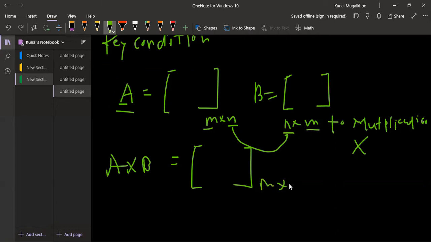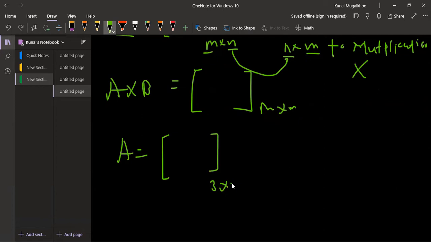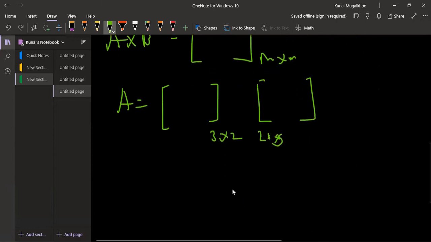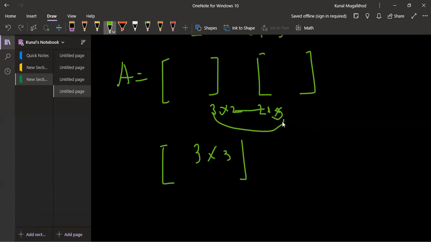For example, if matrix A is 3 by 2 and the second matrix is 2 by 3, then your resultant matrix will be 3 by 3. So these two will go and this will come. So 3 by 3 will be your resultant matrix.